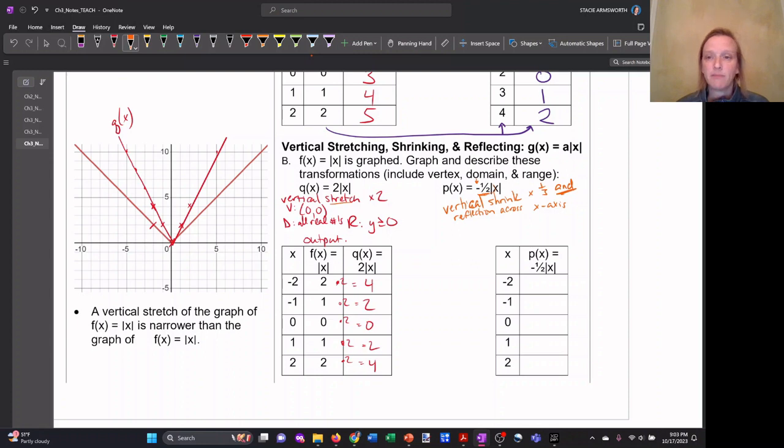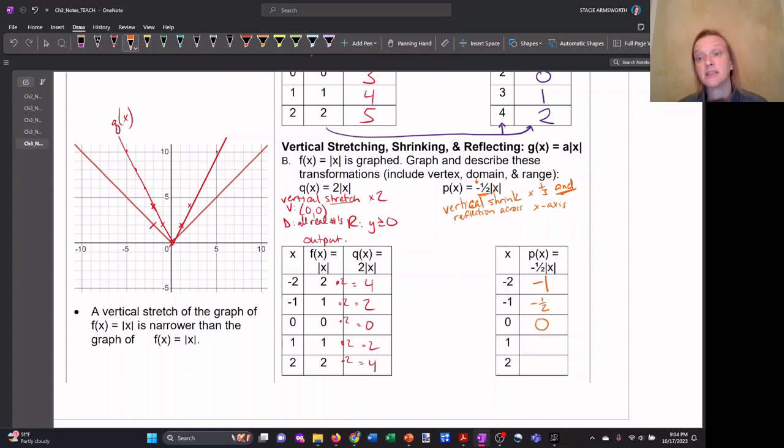So what does that mean? If I start with a value of 2, the normal absolute value of x output would be 2, but I'm going to multiply that by negative 1/2, and I'm going to get a value of negative 1. If I have an input of negative 1, the absolute value is 1, but I'm going to multiply that by negative 1/2, and I'm going to get a value of negative 1/2. The absolute value of 0, I would normally get 0 as my output,